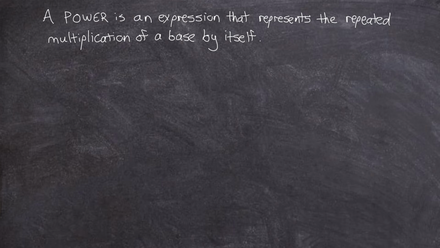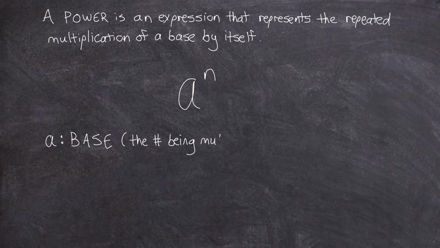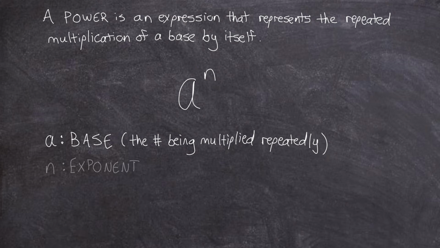And any power, let's say a to the power of n, is made up of two parts, a base and an exponent. So in this example, a is what we call the base of the power, and that just represents the number being multiplied repeatedly, and n is called the exponent, which represents the number of times the base is